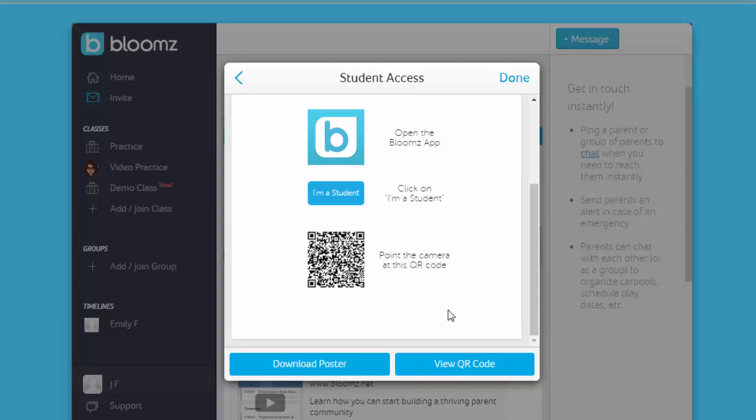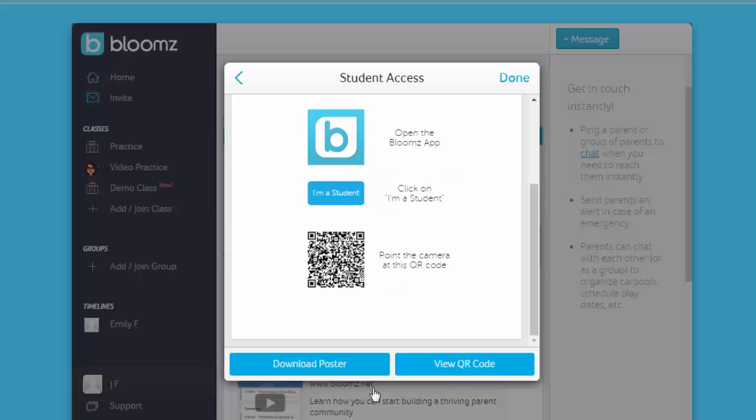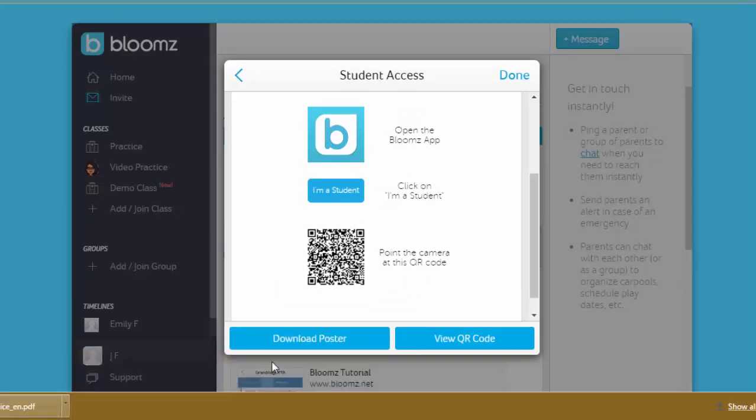Okay, so either you can view the code, so if I click on view the code, now students can take their smartphone or their device, and if they have a QR reader, they can read this and it'll automatically attach to this classroom. The other way is if you have this poster that maybe you're handing out,